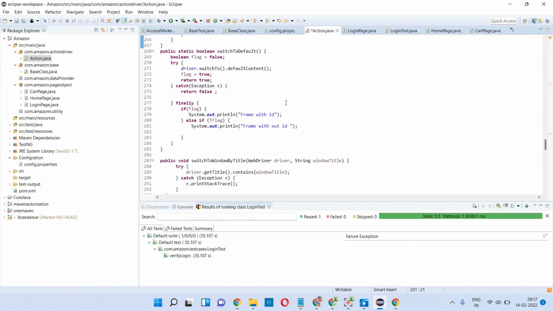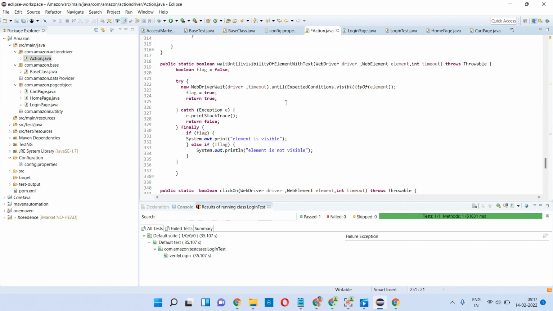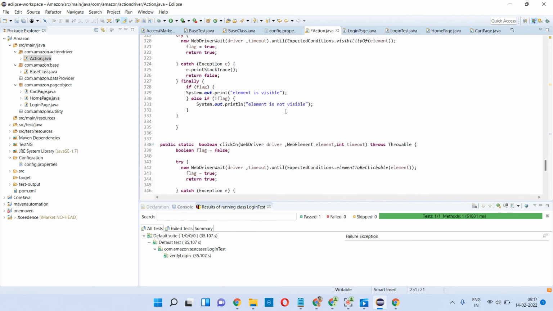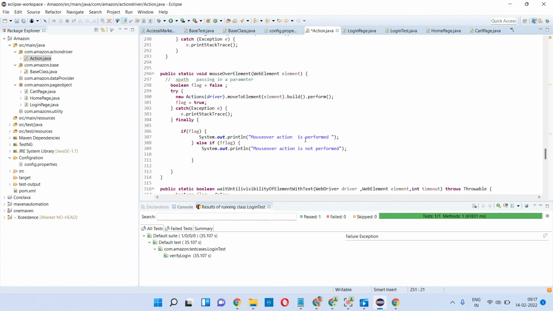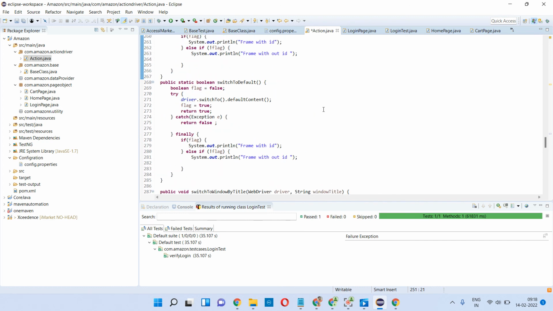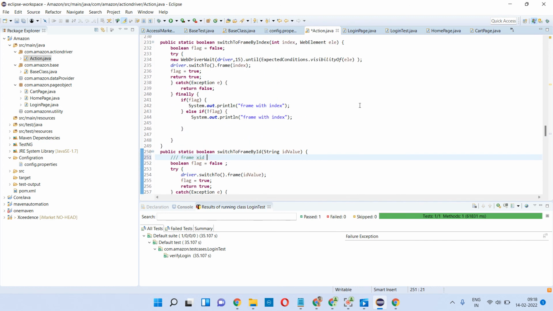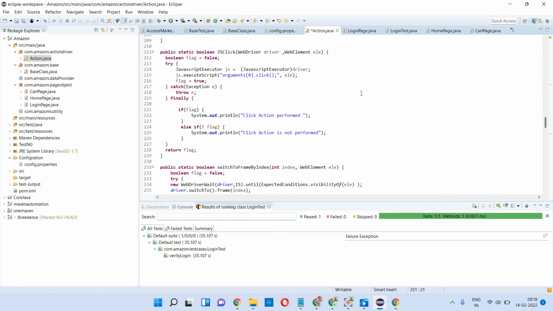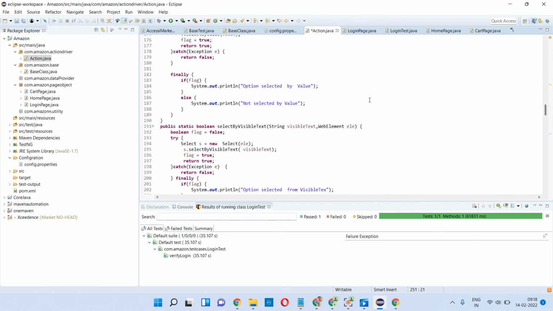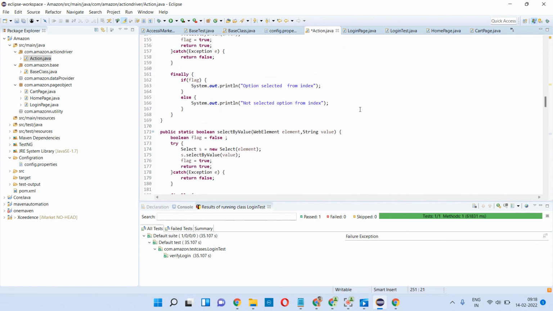So this is the action class. In this action class, I have written all the methods that are required for my automation purpose: when you click on a particular element, check visibility of a particular element, mouse over, switch to default content, switch to frame, switch to a particular index, click using JavaScript executor, select by visible text for drop-down elements.